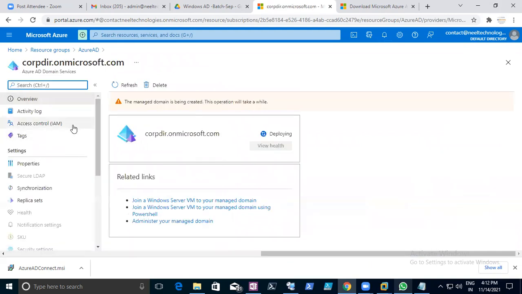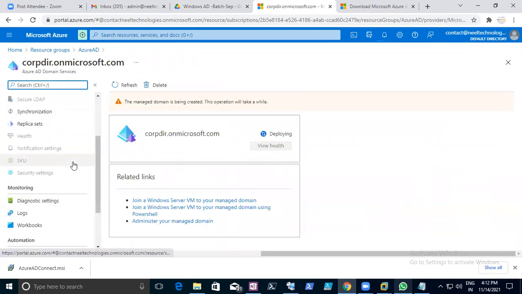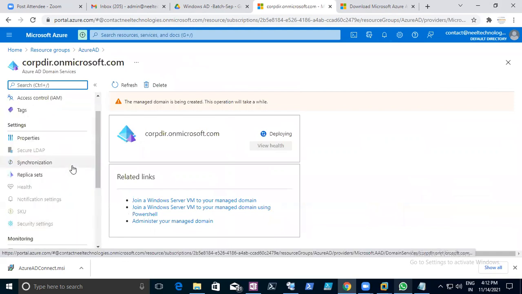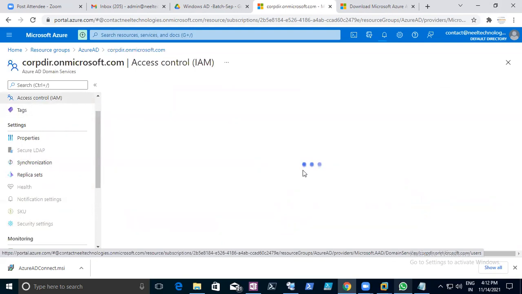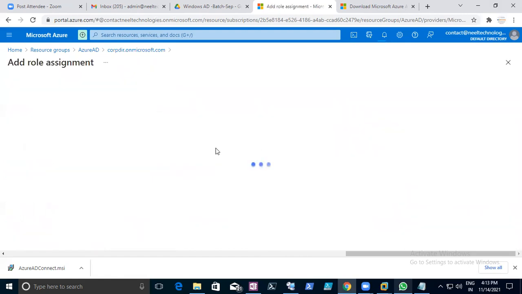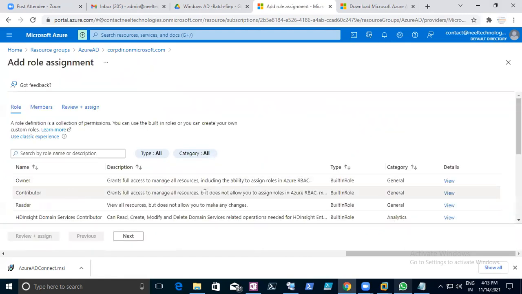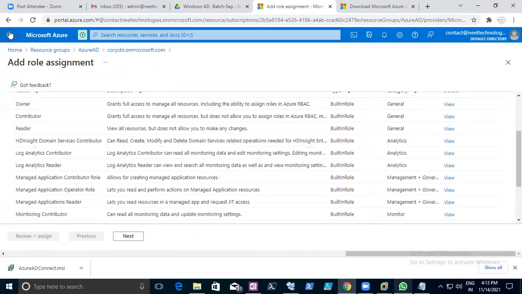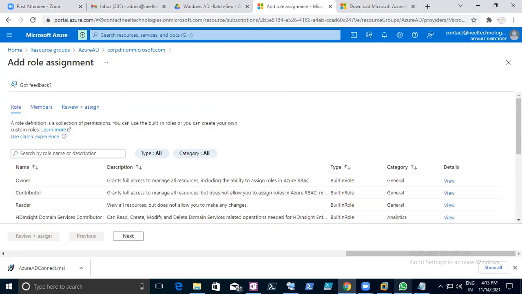Now here you should go to the users, access control. You need to create one user, then add role assignment. But before adding a role assignment, create a user first.